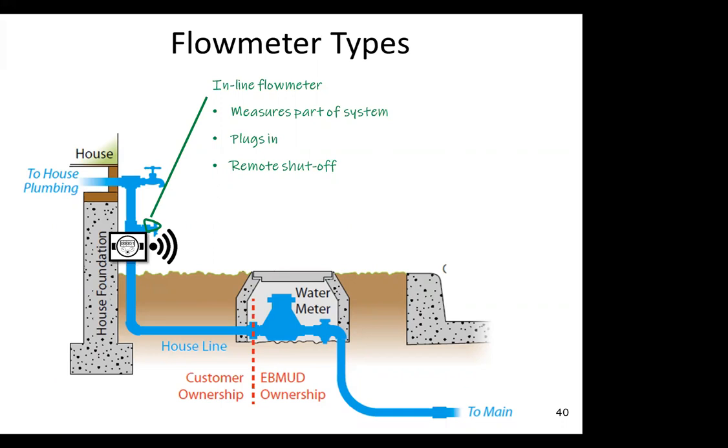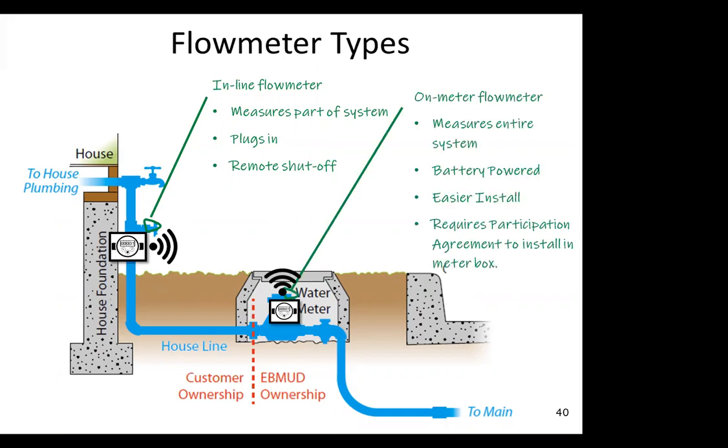They would be measuring flow from the point where you install it and beyond, any pipes beyond that point. However, they're not necessarily measuring any flow between where you install it and the water meter. So you do lose that information. However, they can have some bonuses. You don't have to worry about batteries, and they can offer a remote shut-off option if you want to automatically shut off water for you, or if you want to shut it off if you see a leak when you're not at home.